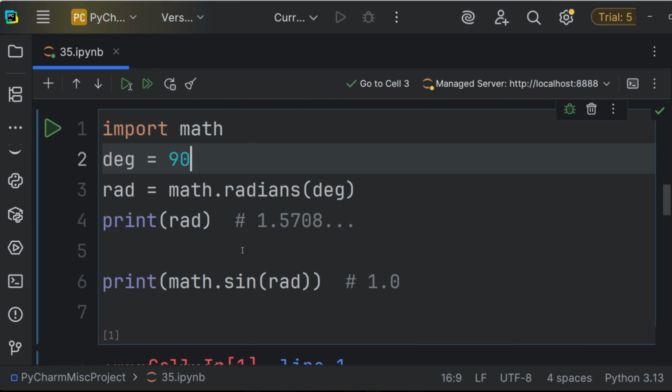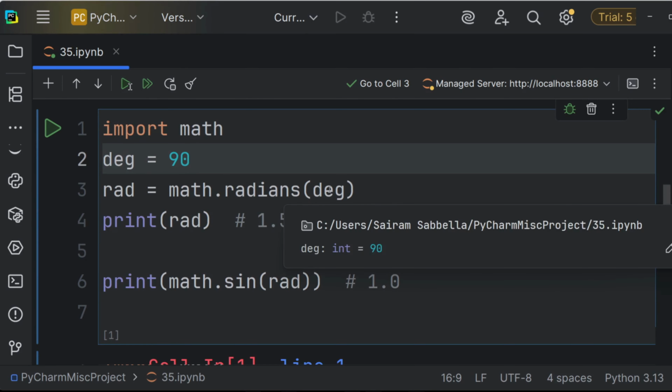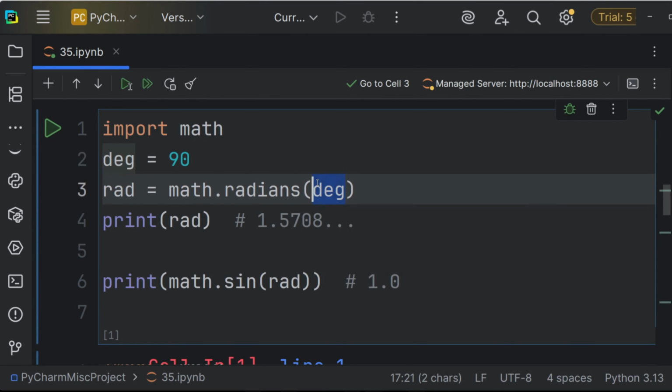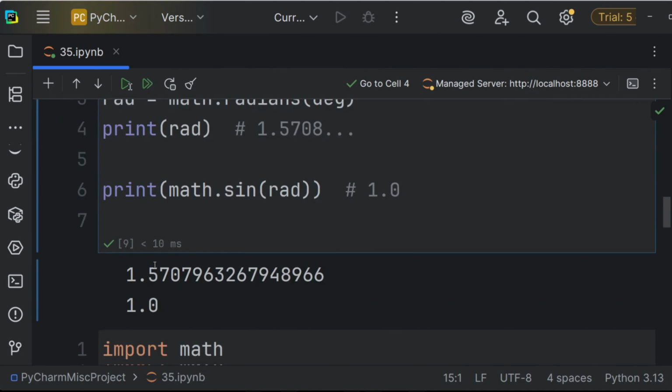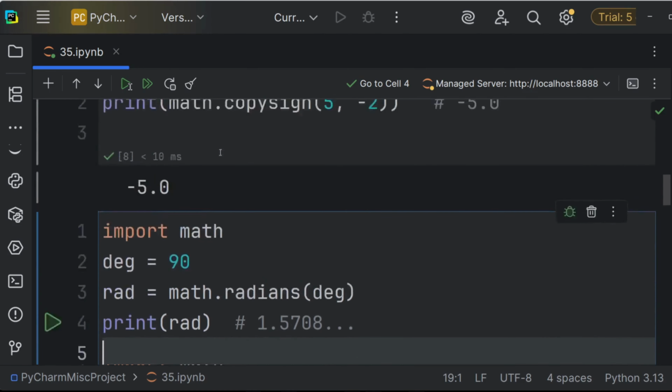In part 1, we saw how trigonometry functions use radians. But what if your inputs are always in degrees? It's quite simple to change them though. You use the math.radians function for that. We put the degrees in, such as 90 over here. And when we run this, as you can see, it prints 1.570. And let's say we want to find the sine, which is 1, it also prints 1.